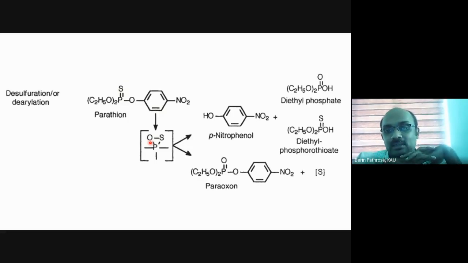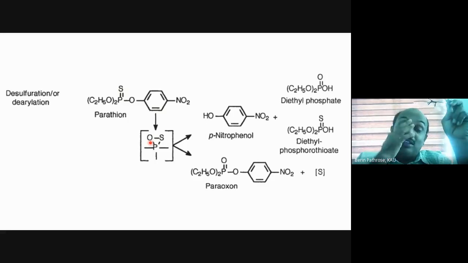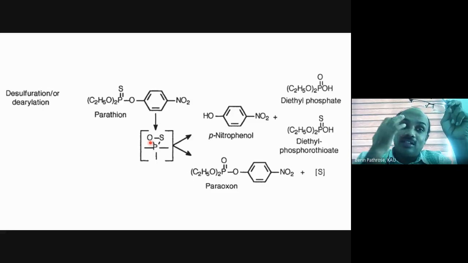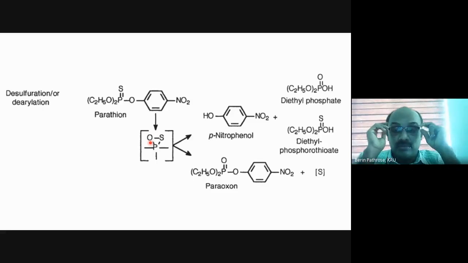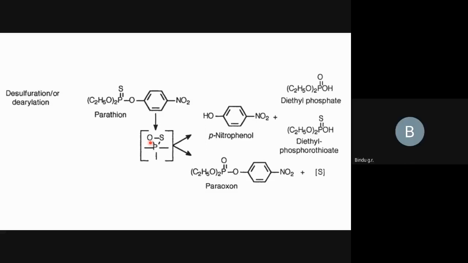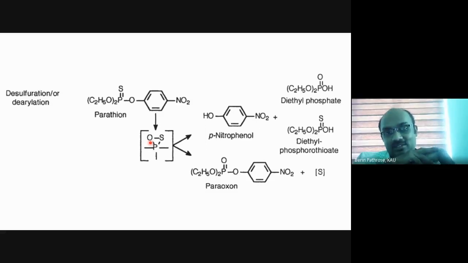These are typical examples of... It is an activation reaction. So what kind of insecticide is parathion? Pro-insecticide. Yes. So here desulfuration is an activation step, while dearylation, that means the removal of this aryl group,